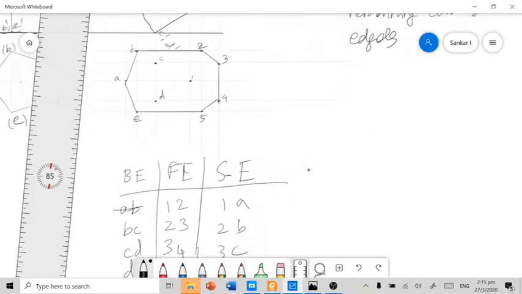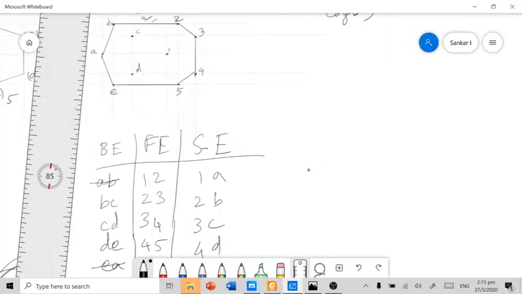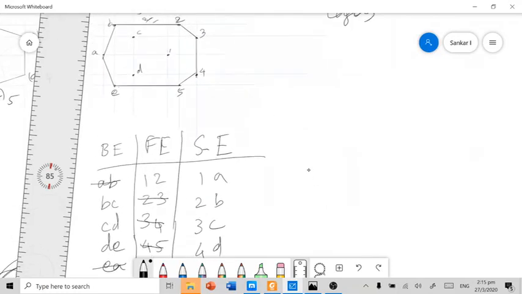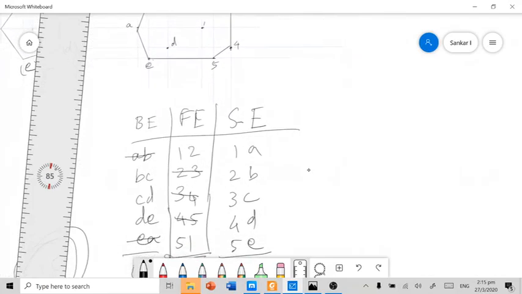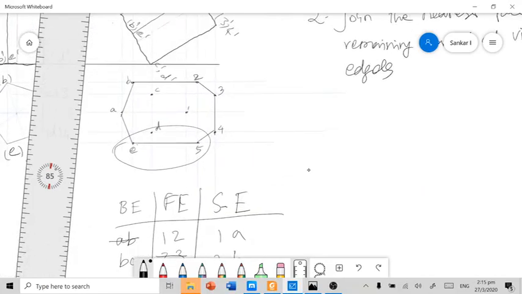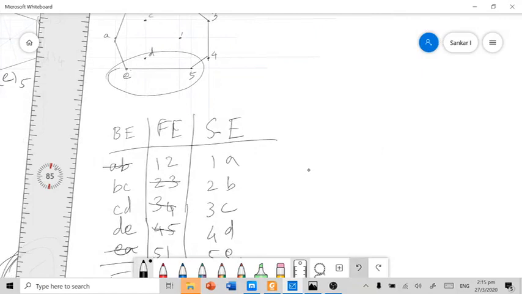So you need to rub them off. And the same way in the face, the edges 2, 3, 3, 4 and 4, 5 are already connected. So just rub them off. And in the side edges, the edge 5E is connected, so I just strike out 5E, and the edge 2B is also connected.